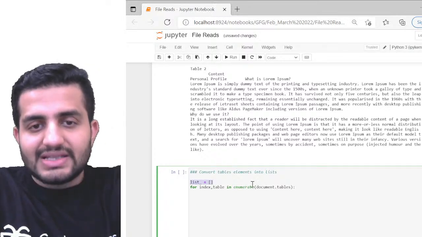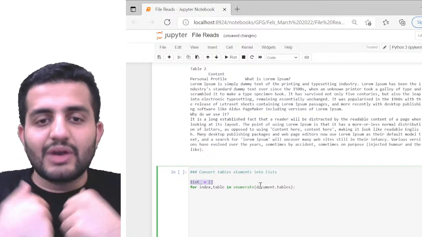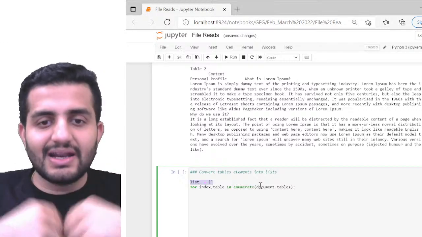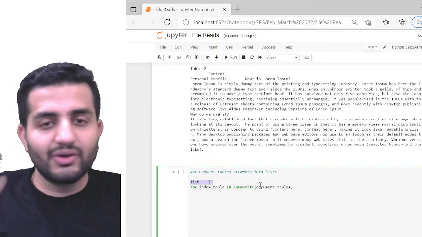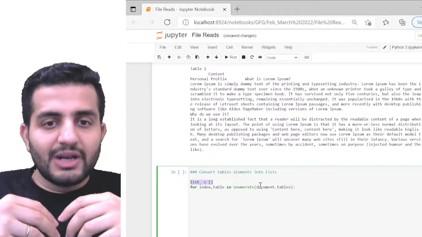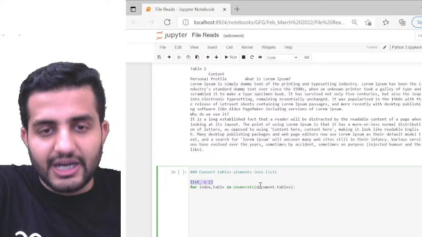I'll try to explain the code very briefly. What I've done is I've just created an empty list in the beginning, just an empty list. Whatever content is there, I'll be appending this content to this list, because we have seen how to append. We know what an append is. We have seen the method. So for each of my loop elements, I'll just keep on appending the data, one by one, like a stack of my information.